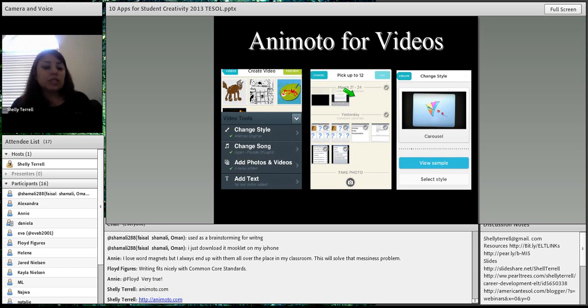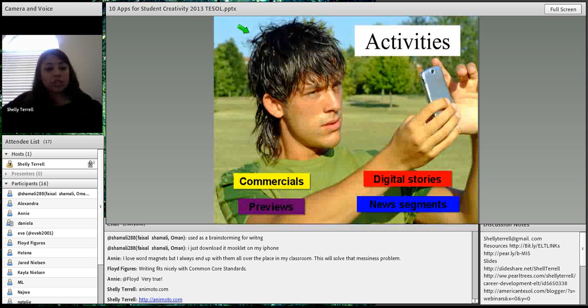Magisto does the same. Magisto is another app that you can use. It does almost the same as Animoto. You can make 30-second videos for free. If you sign up for a teacher account, you can make up to 5 minutes, 3 to 5 minutes. So I definitely recommend that. Now Animoto has drag and drop. So if you go to Animoto.com and use the browser, your students can actually drag their photos from the desktop. So it makes it easier and better to